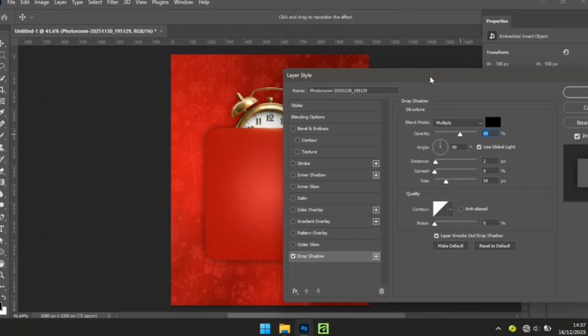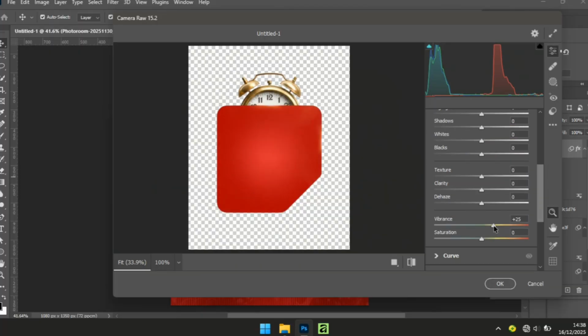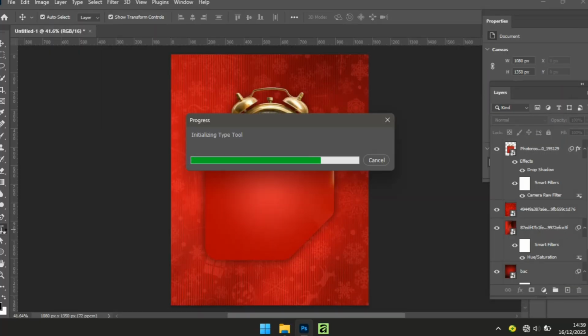It's been a while, and in this tutorial I will show you guys how to create a simple festive flyer